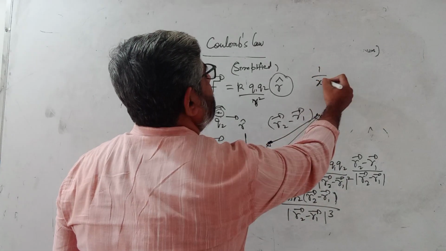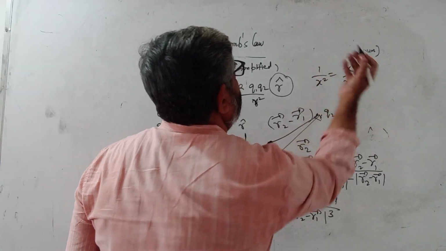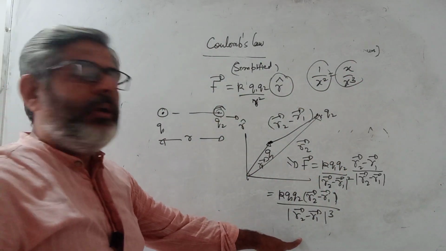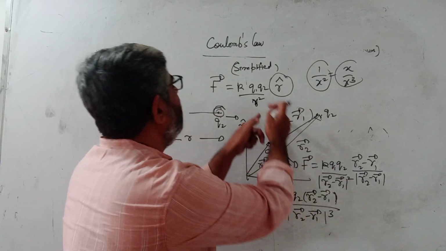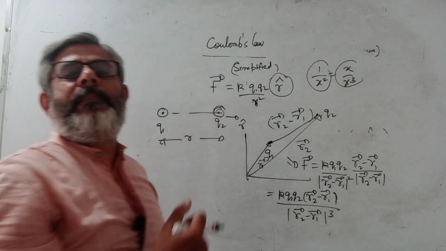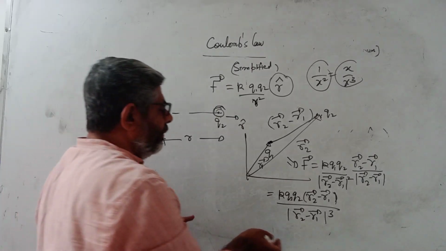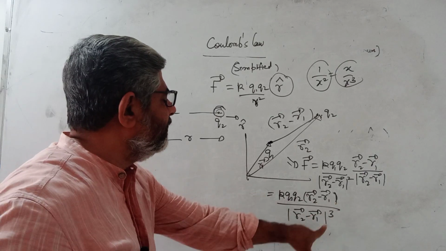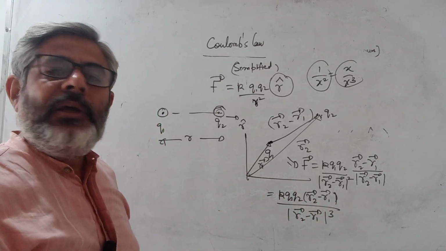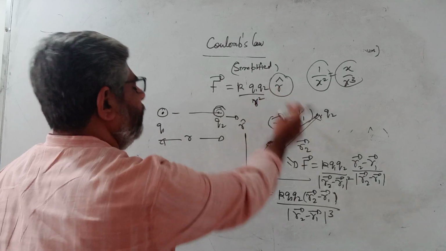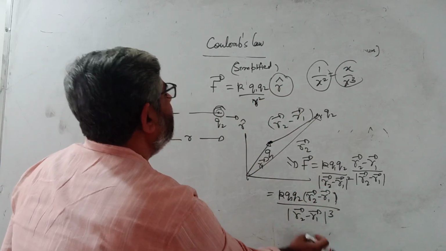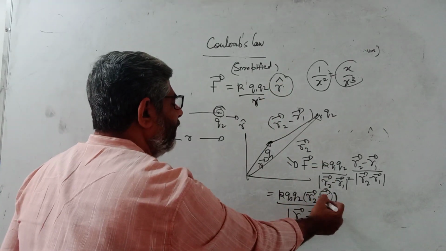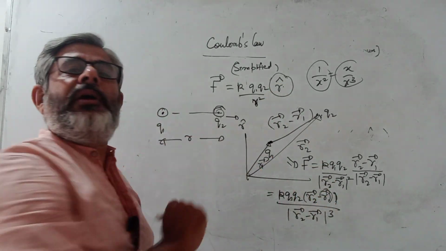You can write 1 upon x square as x upon x cube. So both of them, this is also the same thing as this. So this is still inverse square law, but because now it is not unit vector like this, so therefore we have to make it cube here. So if you know vectors well, then you will be able to, now clearly you can see if r1 vector is 0, let us say r1 vector is 0. So if there is no r1, then it takes the same form, r2 vector upon r2 vector cube. So this will have the same form as this if r1 vector is 0, that is if it is at the origin.